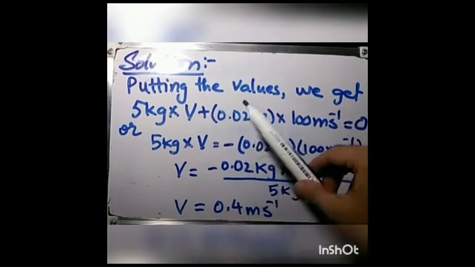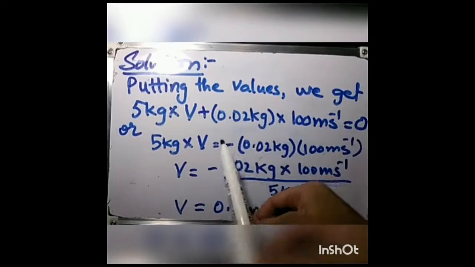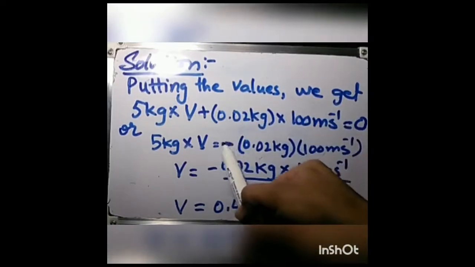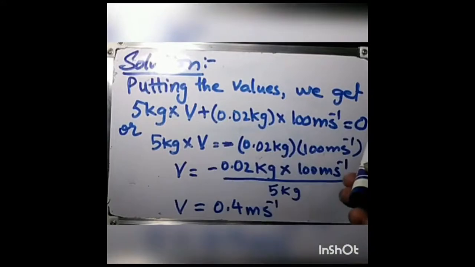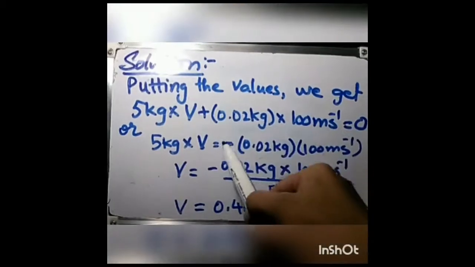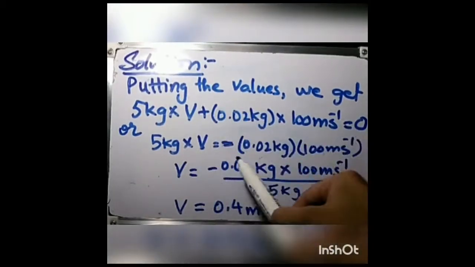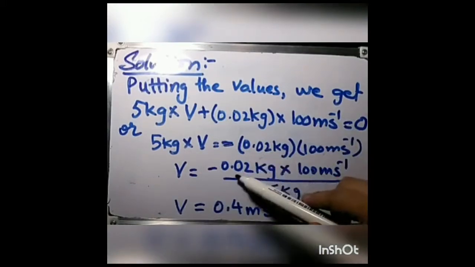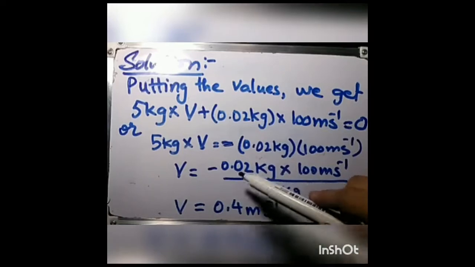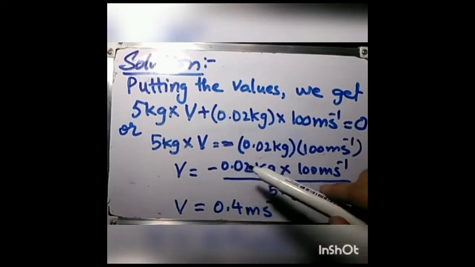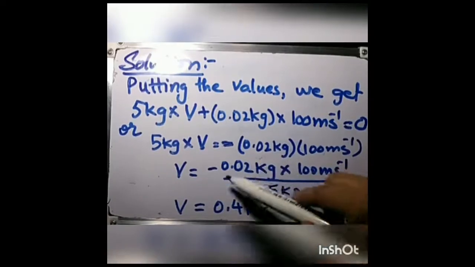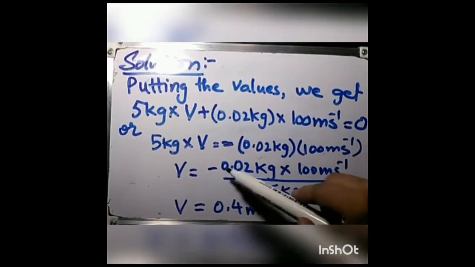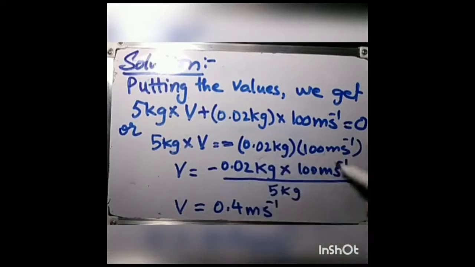If we take this quantity to the right side after the 0, then a minus sign comes here. When you take the quantity from your left hand side to the right hand side, it gives the minus sign. After this, we can get the value of V. Let me tell you one thing, in your book there is a small mistake over here. They have written 0.2 kg, which is not 0.2 kg, it's actually 0.02 kg. So while doing your work, don't copy it and write it wrongly. It's 0.02 kg. When you solve this, we get 0.4 meter per second.